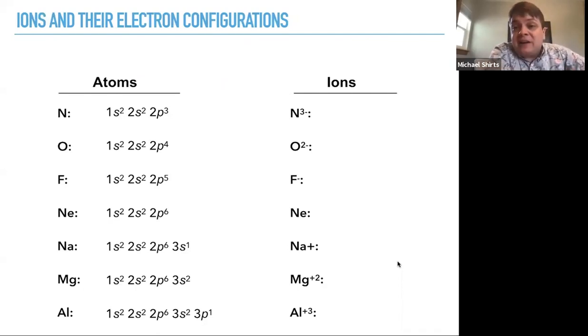And as you've noticed a pattern here, if we look at the common ions, all of them are going to have the same noble gas configuration as neon. That's a particularly stable atomic configuration. So it's not surprising that